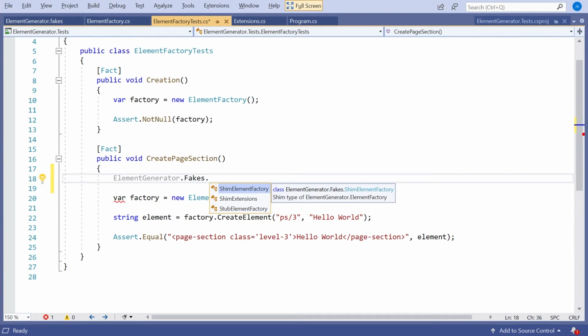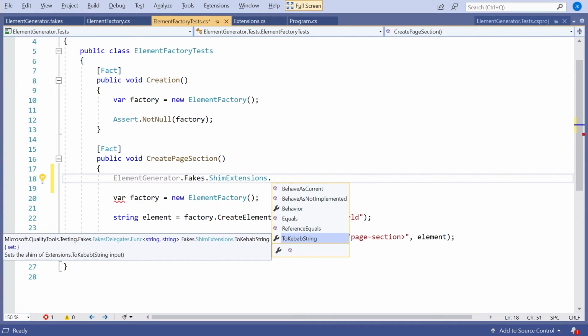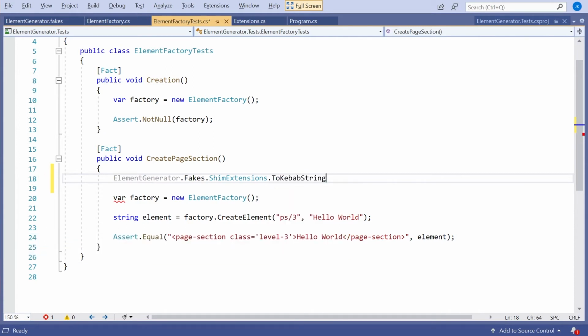And a stub is actually rather more like a traditional mock object, but a shim is the one that we need to use with static classes and static methods, and that's why we've only got the shim for our extensions class. So we get hold of that, and then we can see on there, as well as a few other bits and pieces, it's got properties specifically relating to our static methods, and so there is our static extension method toKebab string. That string has just been tacked onto the end of the method named toKebab because you can't overload properties, and therefore you've got to include the parameter name of the method into the property name.